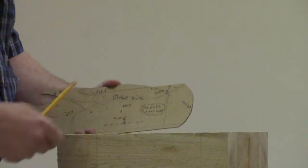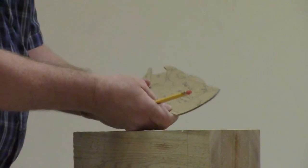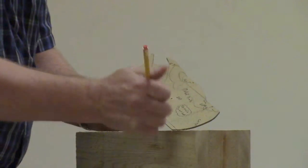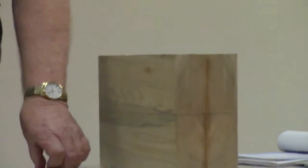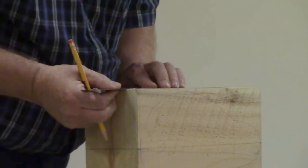I'll get rid of this stuff here. That's basically scrap. All right. So cut number 4 is my neckline. I want that as flat and square as possible, so when I put that head on later, I don't have to do a lot of tuning to get that set in there properly. So I'll chase this neckline